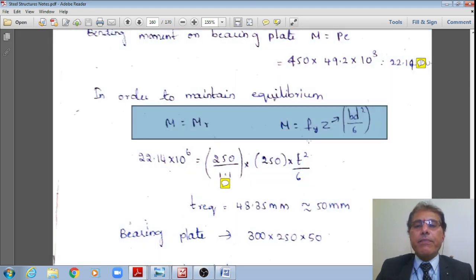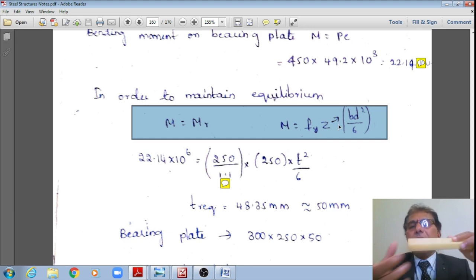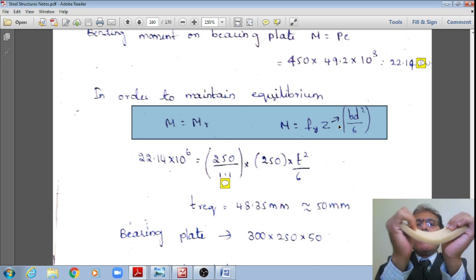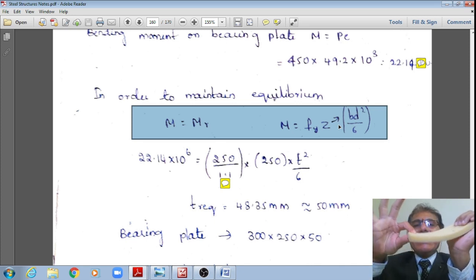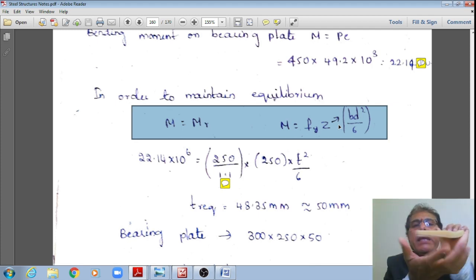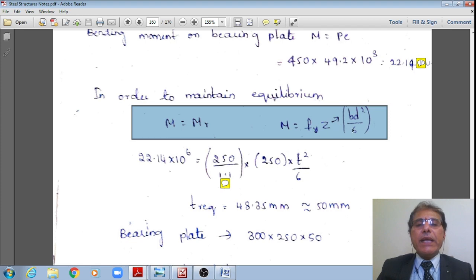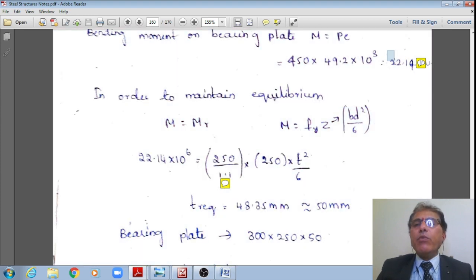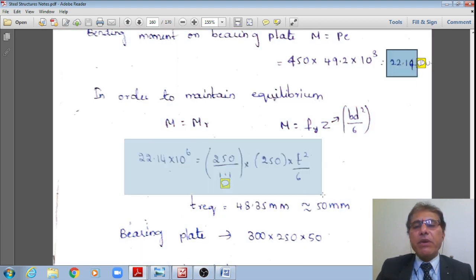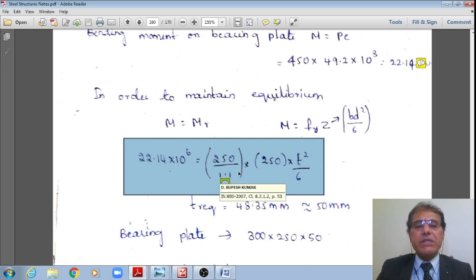However the moment of resistance of the section is given by M equal to Fz, where F is the yielding stress. By the yielding criteria, Fy multiplied by Z. However Z is nothing but B multiplied by D squared by 6. This bending moment is acting over a thickness T. Let the thickness of the base plate be equal to T. Therefore Z is the width B multiplied by T square by 6. Therefore equating this to the bending moment 22.14, I am equating 22.14 into 10 to the power 6 is equal to Fy